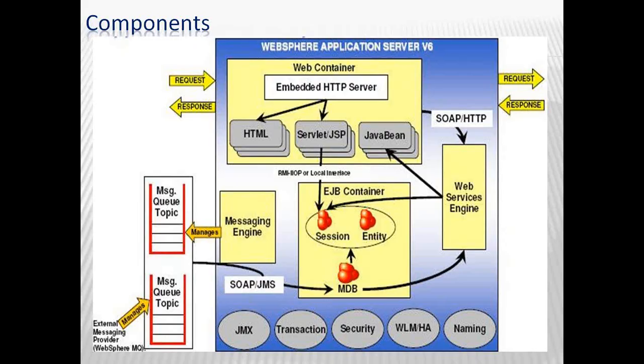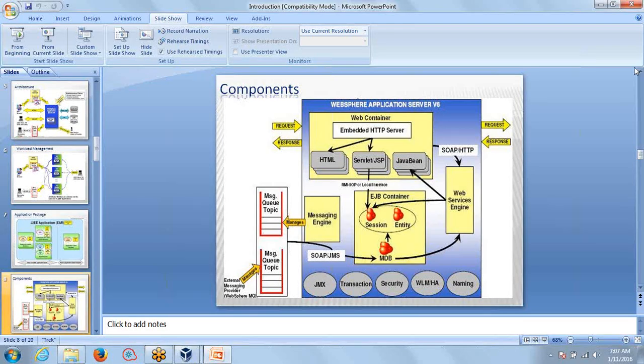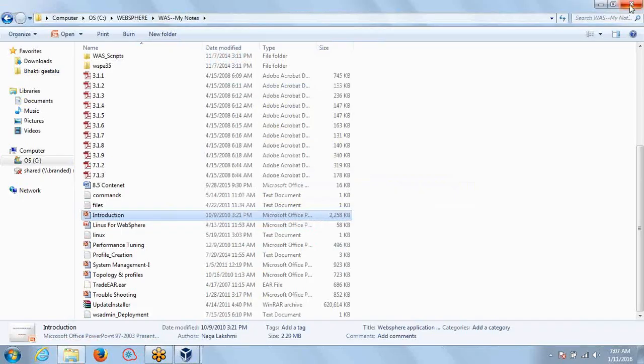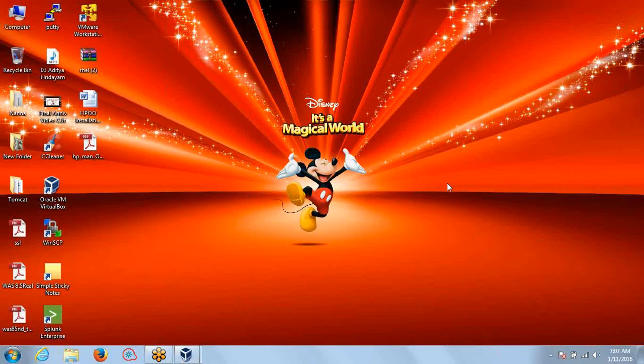This is the architecture of WebSphere and we have seen the standalone installation today. In the next class, tomorrow, I'll show you the ND installation, which is very important. I'm going to introduce 8.5.5 to you. The installation is a bit different from today. We need to install a special software in order to install 8.5.5. I'll discuss that in tomorrow's class because it takes time.